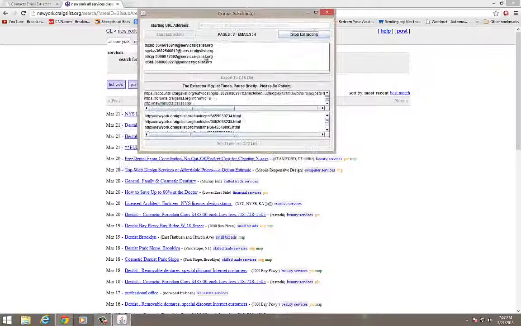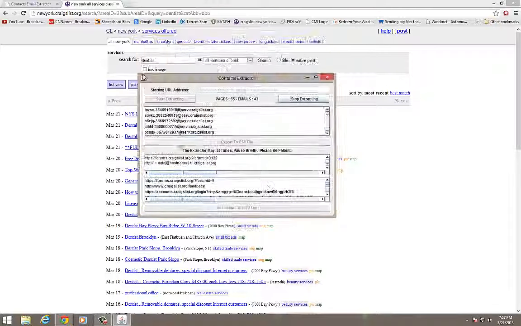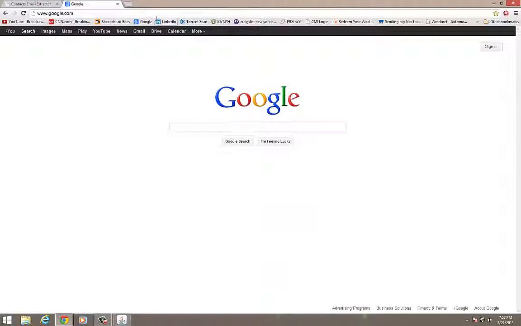So in essence, what this program is doing, and here it's pulling all those Craigslist emails from every header of every page, is just jumping link by link, and it looks to see if there is an email address in that link. And what it does is it extracts it and puts it into this list, which you'll be able to later export out to a CSV, and you can open it with Excel, and you can use that with bulk mass mailing techniques. So this thing is working on this, and I'm going to let it go, and let's see if we can